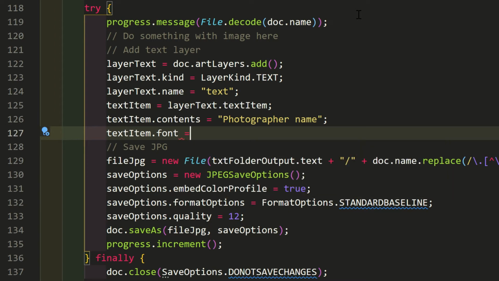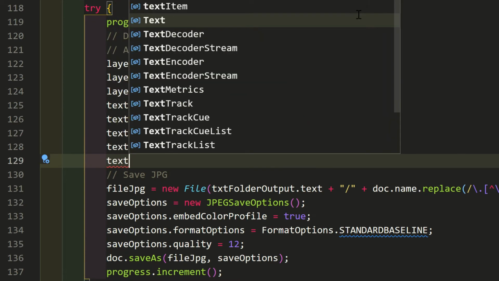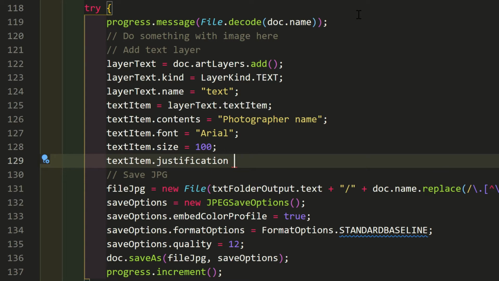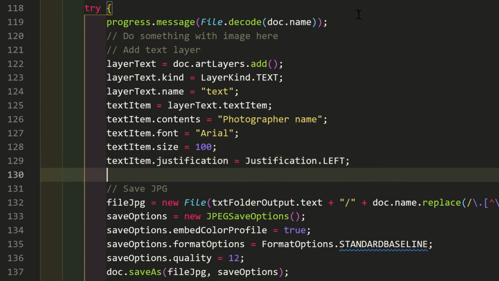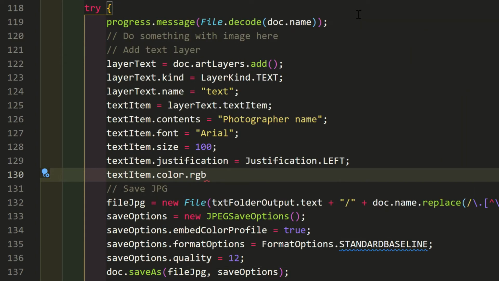For font, I'll use Arial. Size 100 points. Easy to see for now. Justification is the paragraph alignment. I'll use left. For color, RGB, hex value, all zeros, that makes it black.